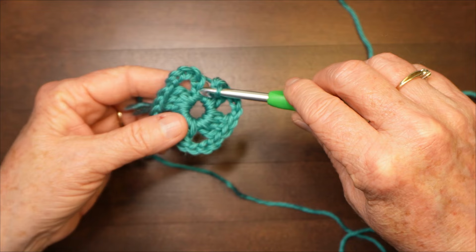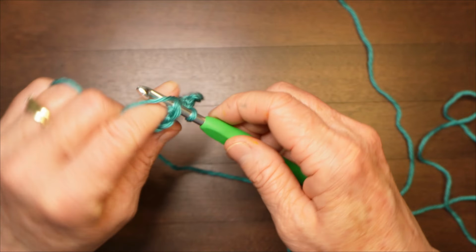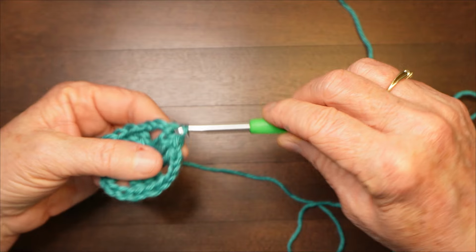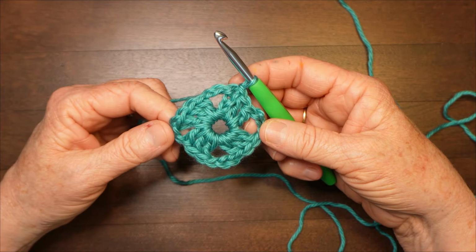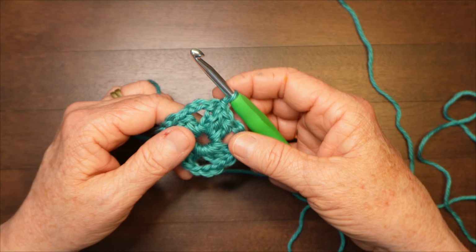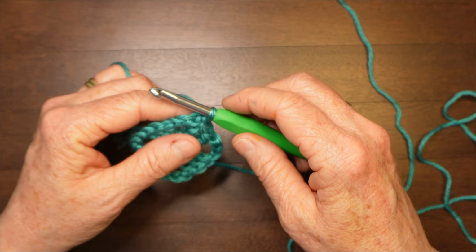Then slip stitch into the 3rd chain. So there's the first one, second one, third one. Go through there, pull through the work and through the one on the hook. So there we have 4 groups of 3 double crochets separated by 3 chains. That's our first round. So if you're following along on the pattern, going to round 2,